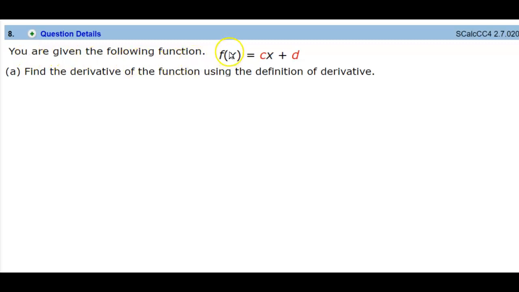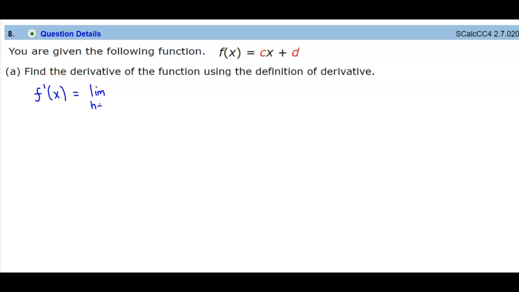You are given the following function, f of x, which is equal to c times x plus d. We want to be able to find the derivative of the function using the definition of a derivative. So the definition of a derivative states the following. The derivative function, or f prime of x, is equal to the limit